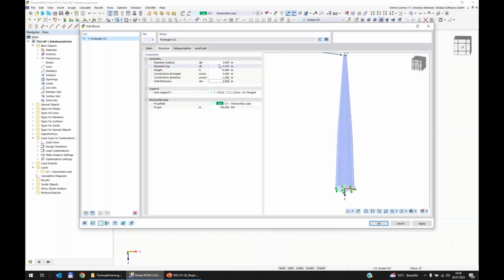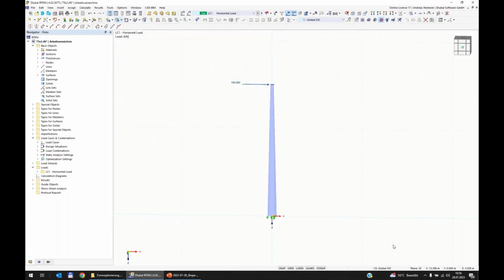And if it fits to you, so let's place it now with maybe the inputs what we created manually. So we have a constriction of 15 meters, so conical shape. And now we can place it in the RFEM model. It looks now not really special, but the power is now, if I draw with my mouse above, you see we get a highlighted rectangle above. This means I can